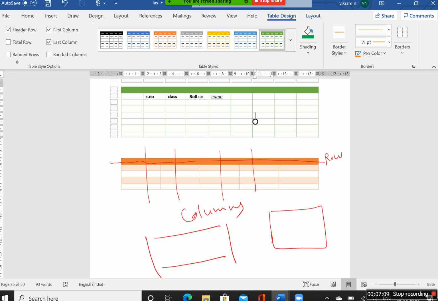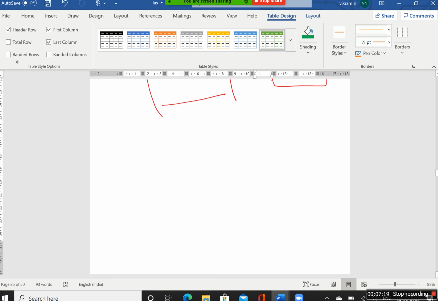So depending upon your requirement, for example, I want to make a table of marks of each and every student. So what the table will look like is, I want to make student roll number and subject names.